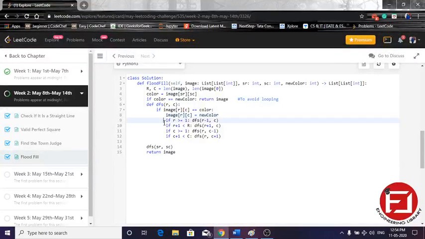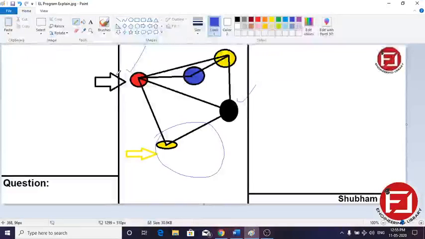So now we are checking all four possible directions: row minus 1, meaning one step backward in the same column, one step rightward, one step downward, and one step upward. So all four possibilities.